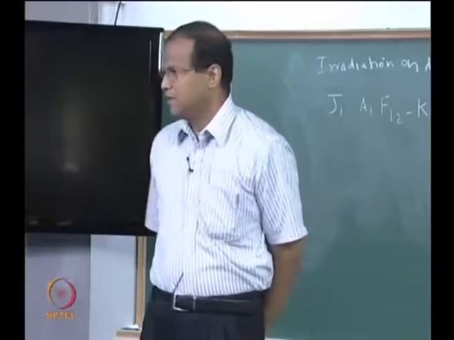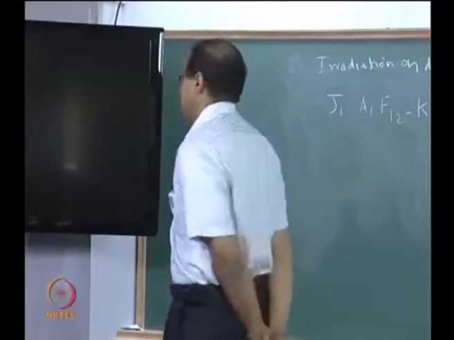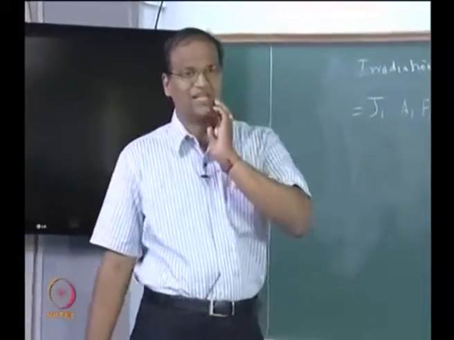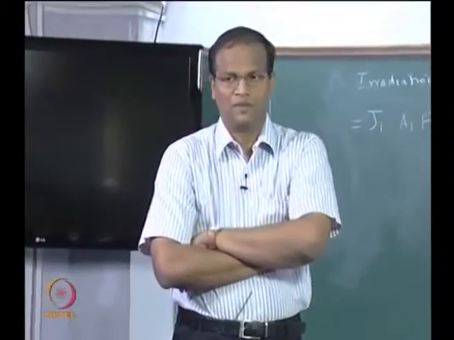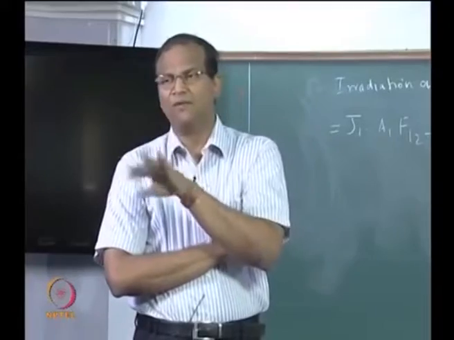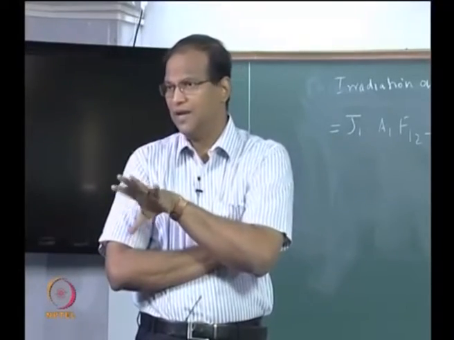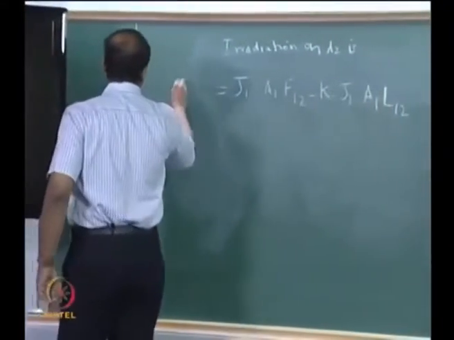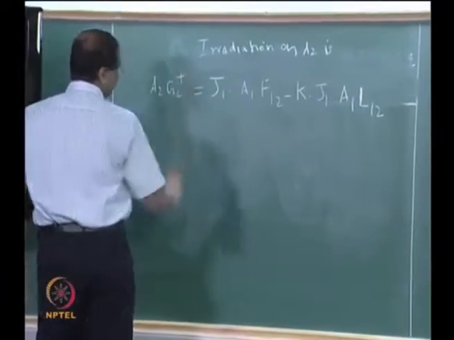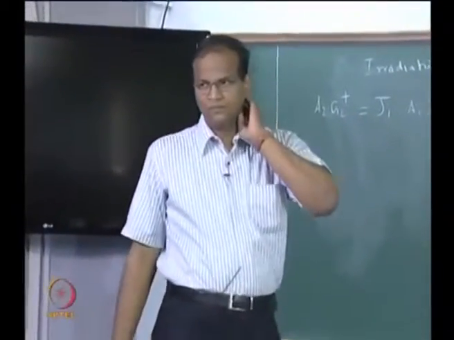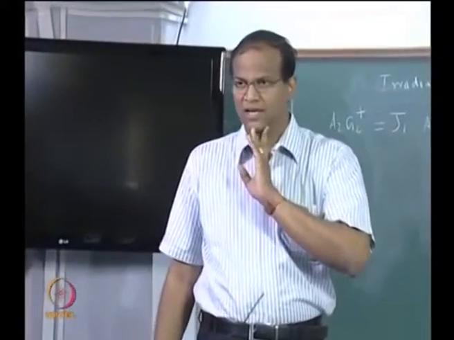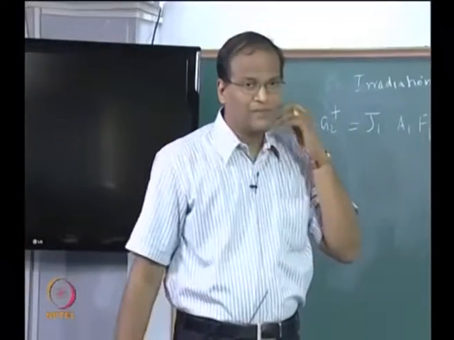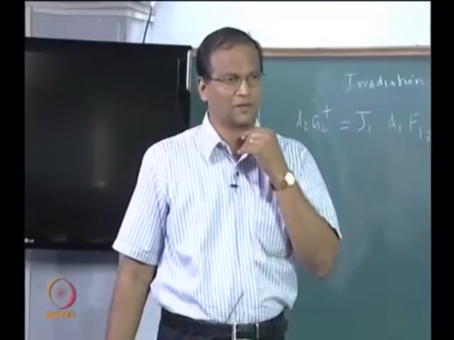Okay. Now, this is equal to irradiation falling on the area 2 basically from the wall element, we have not considered the irradiation coming because of the gas radiation, okay. So, this will be equal to A2 G2 star, correct, because everything is in watts, right side is also in watts, J1 is watts per meter square, F is dimensionless, A is meter square, okay.